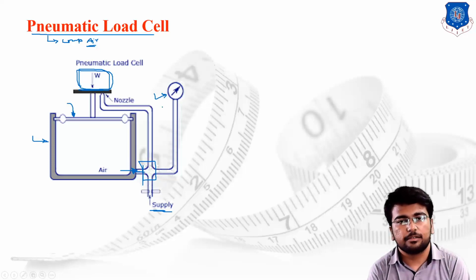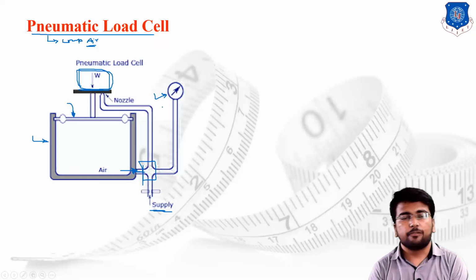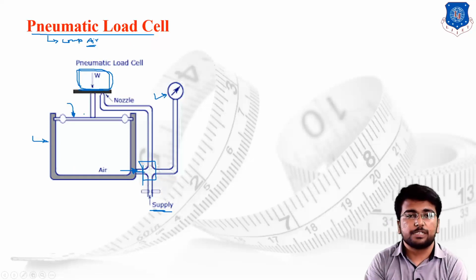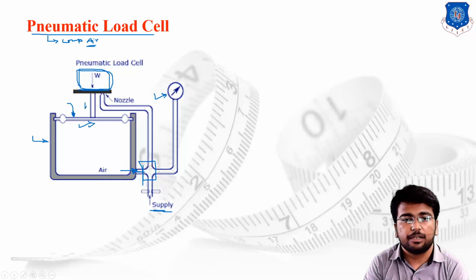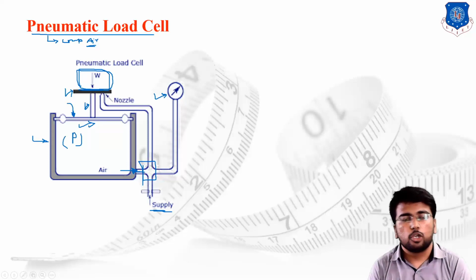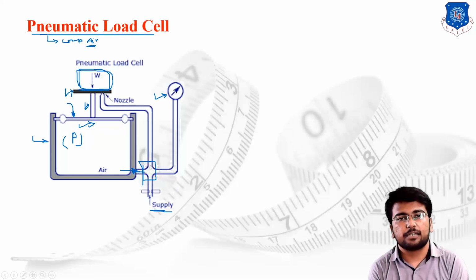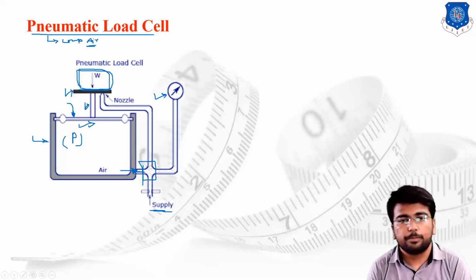In the very first case, suppose load is not there, then whatever the dead weight generated due to this particular diaphragm, this particular attachment, this particular loading platform, the exact amount of pressure force has been generated inside the chamber to resist the dead weight which acts over it. Then once we start increasing the loading force over the loading platform, there is a tendency that the diaphragm will slightly move in the downward direction. The whole assembly will start moving in the downward direction.